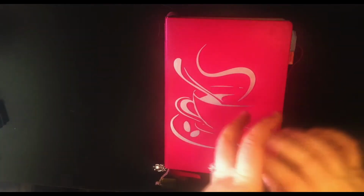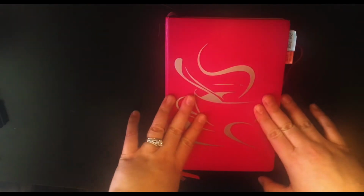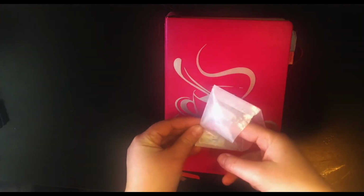So this month does not really lend itself to a theme like February does or December does or anything like that. So this month I decided we were going to do kind of a vintagey, old-fashioned theme for a couple of different reasons. In my February Boho Berry box,